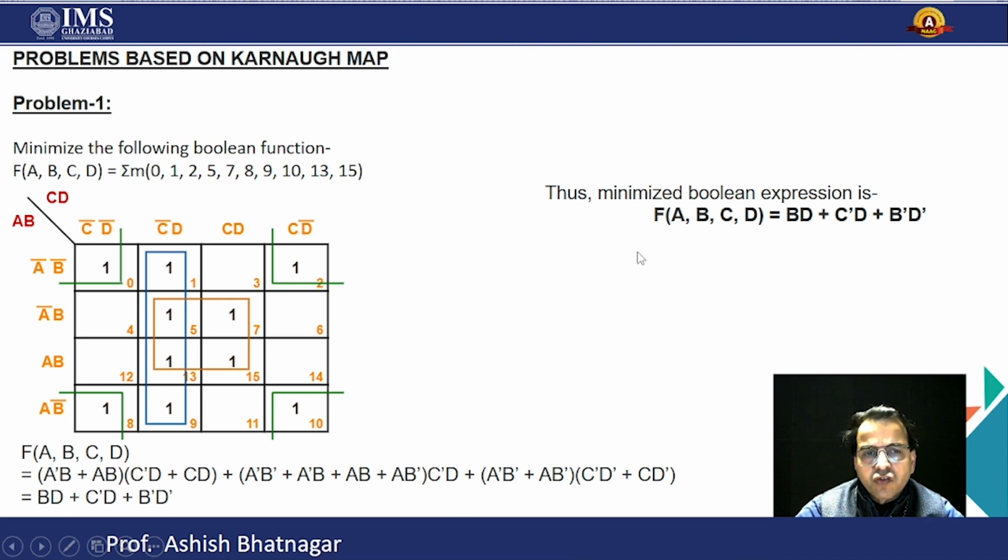Okay, we finally find the expression BD plus C bar D plus B bar D bar. On solving as such, we have minimized the Boolean expression. Finally, we create the logic circuit diagram, because we have 3 AND gates and 1 OR gate, as this expression is written in the form of sum of products. After that we convert the SOP into the POS. Nothing more, we just change the expression.